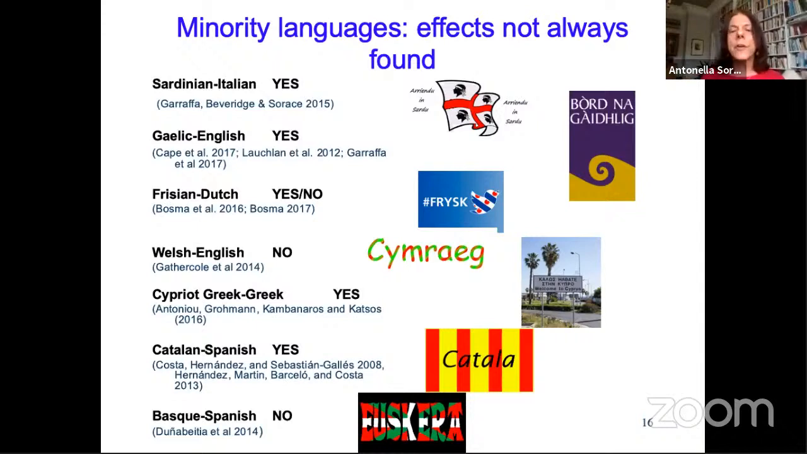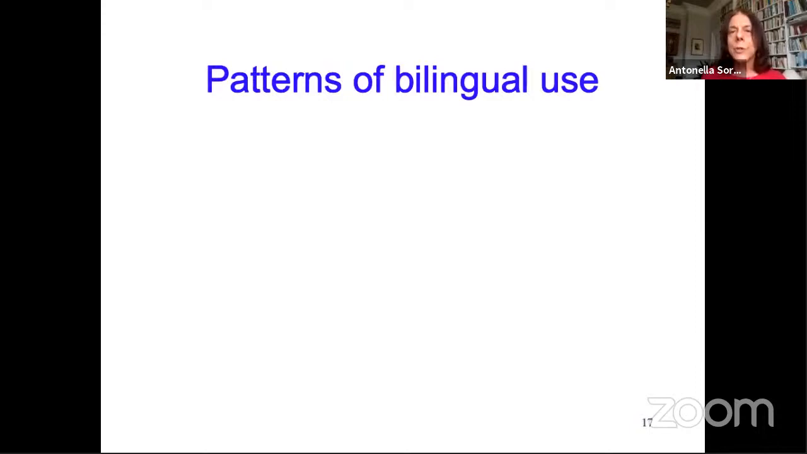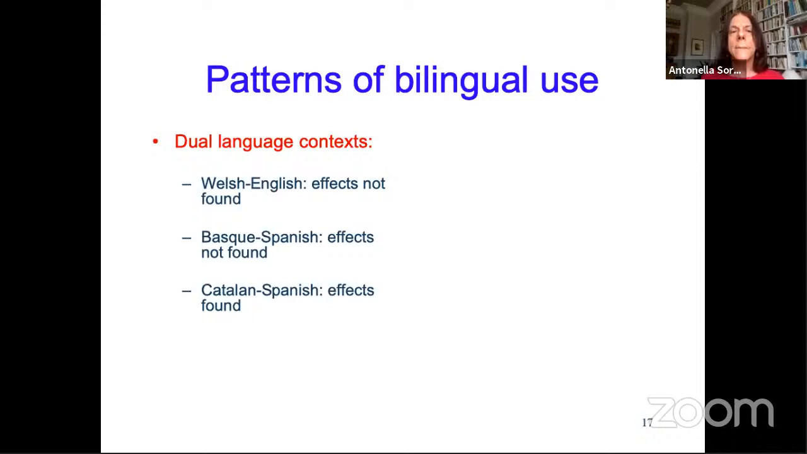So why do we find this variation? We find this variation because bilingualism is not a black or white variable, because bilingualism depends on a range of variables. For example, patterns of bilingual use in these minority language communities. As we know, there are dual language contexts, so contexts in which the languages are heard in a variety of environments and they're not divided neatly in environments where one language is used and environments where the other language is used. So if we take this variable into account, environments and whether there is a diglossic